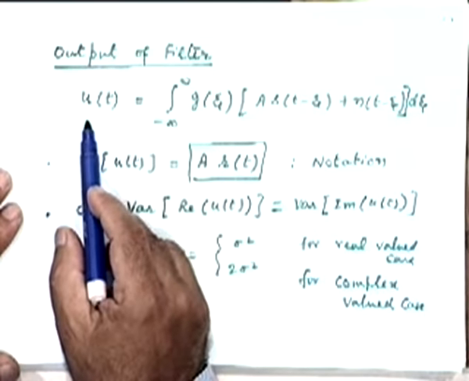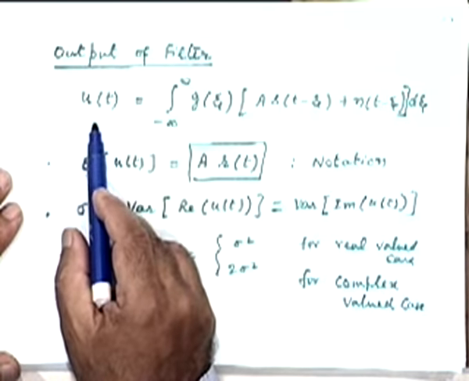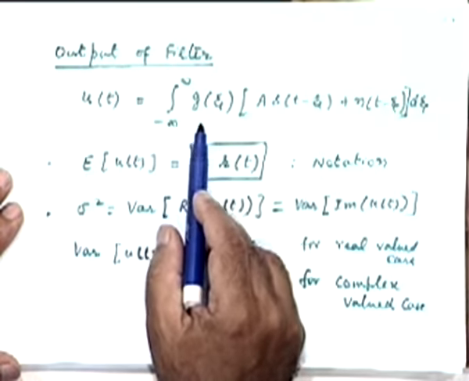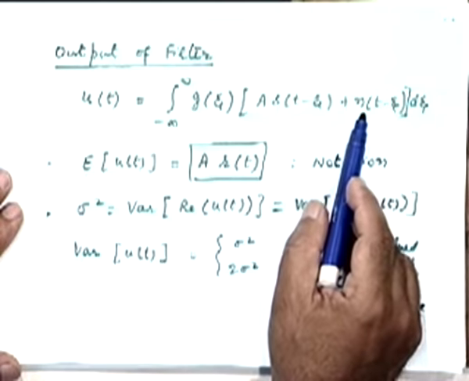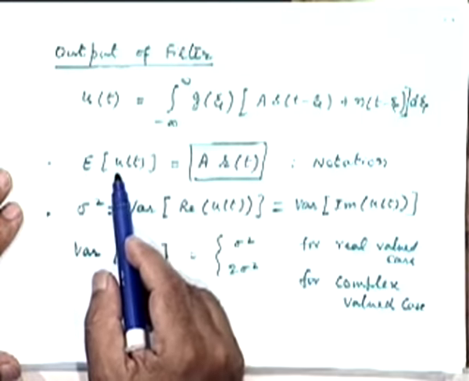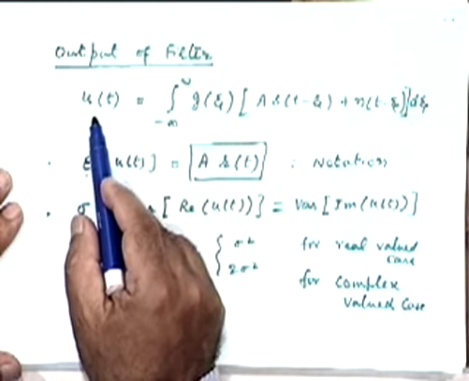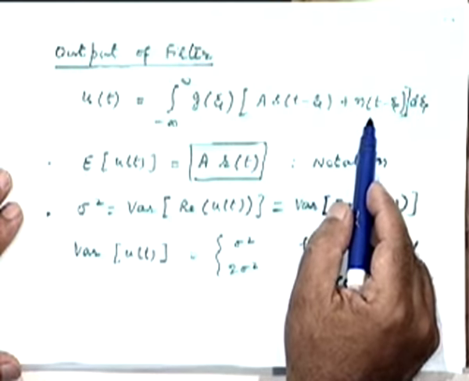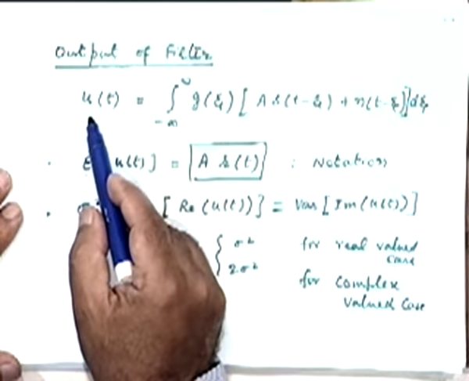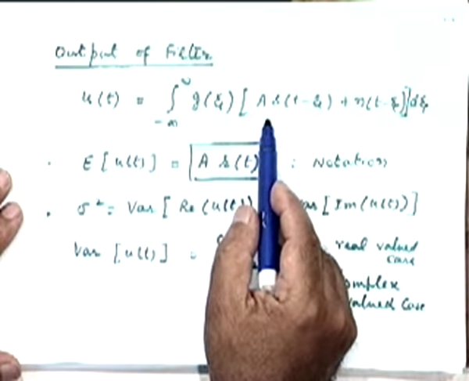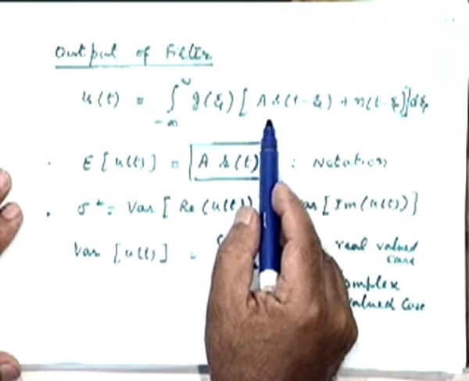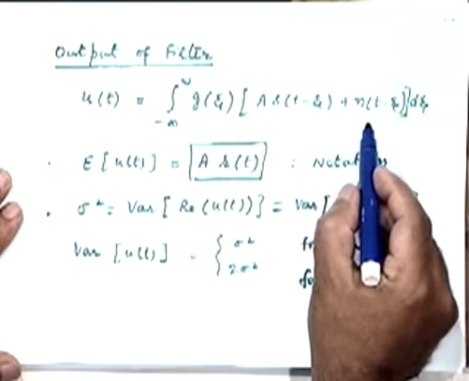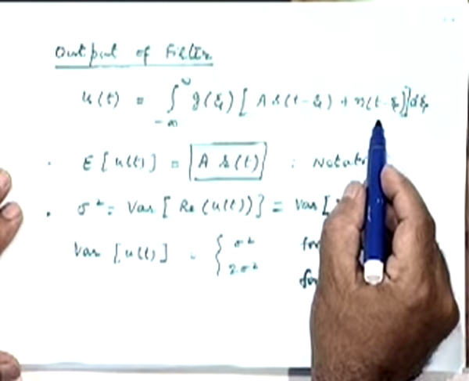And therefore, when the signal is coming along with noise, we have at the output of the filter contributions both from the signal as well as from the noise, right? The contribution of the signal comes in the form of the average value of the output, because the average value of noise we have assumed to be 0, right? So the average value of output will obviously correspond to the signal which is deterministic, because it will be essentially equal to this component, whereas the average value of noise will be 0, right.